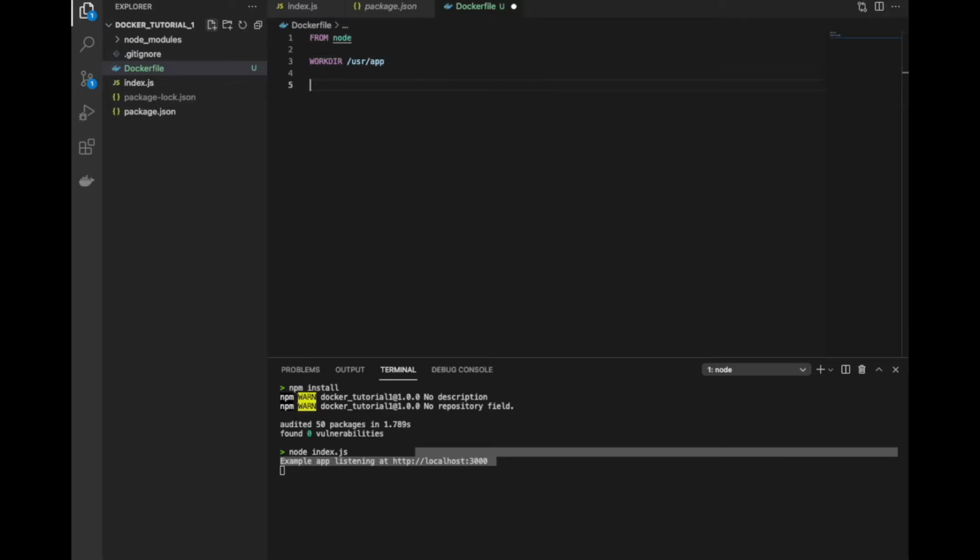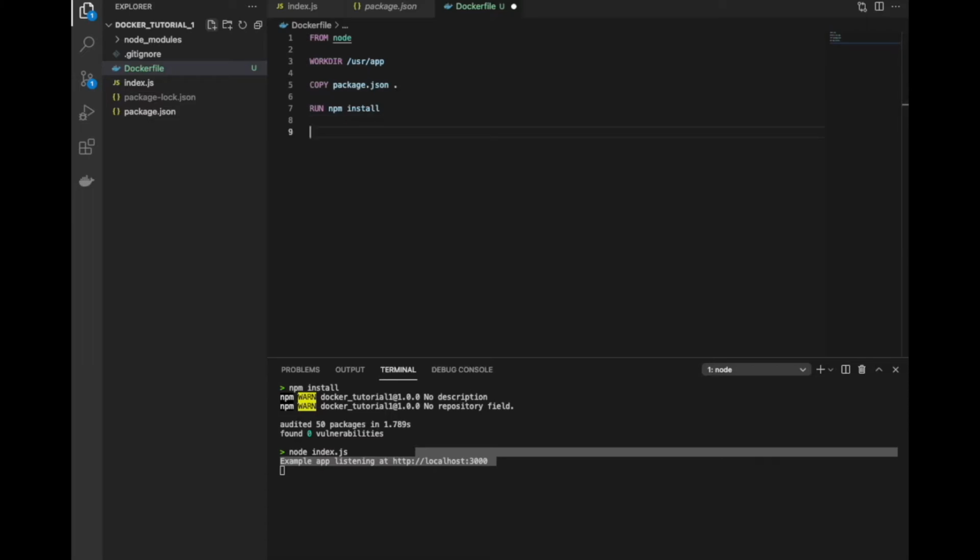After that I want to copy package.json from my host machine to inside our work directory. So I will use the COPY command. The file name is package.json and the target location is dot. So after that we want the command npm install to run inside our container or image. So we can specify that using the RUN command. So I will write RUN npm install. So this will run npm install inside our image.